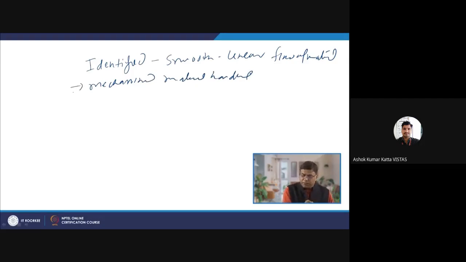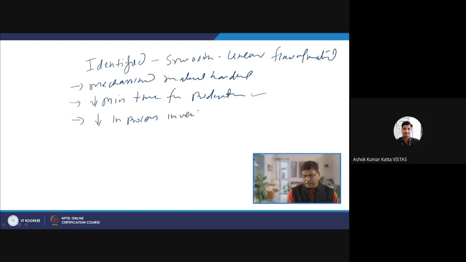Since the movement is continuous, there is a very minimum time for completion of production. So, minimum time for production of the product. It requires very minimum in-process inventory and very minimum congestion,